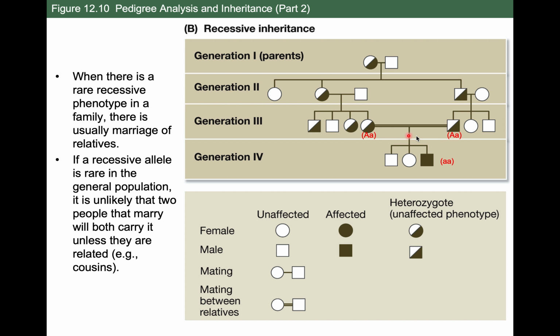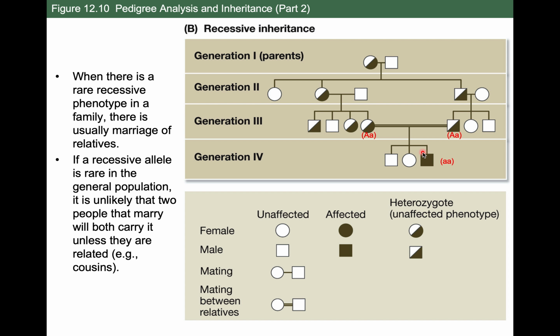And because they were having kids with each other, right, this poor individual got the recessive allele from each parent and is now homozygous recessive. So this is why there's laws against marrying your close relatives,